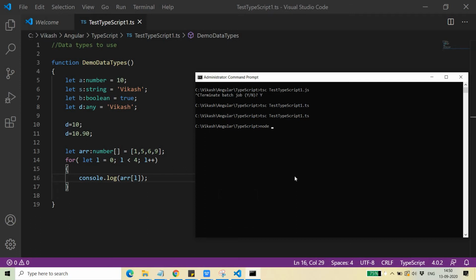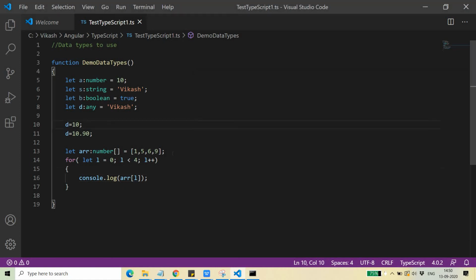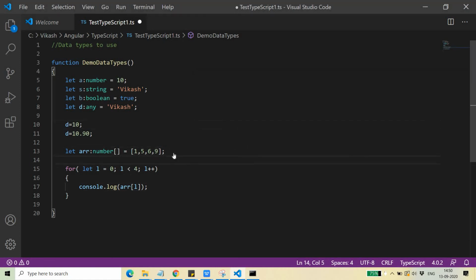Node typescript test typescript.js. You need to run the JS. It was compiled and then it should run, but why is it not running? Okay, so let me check. console.log hi should print hi, then I will be confirmed that yes, it is working.